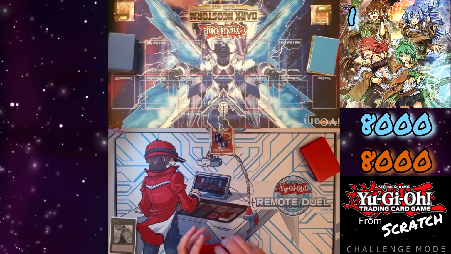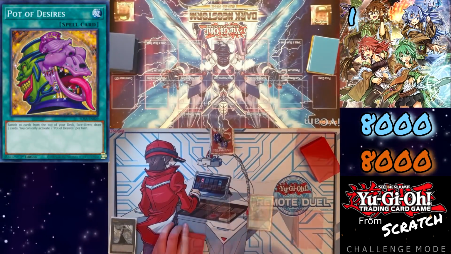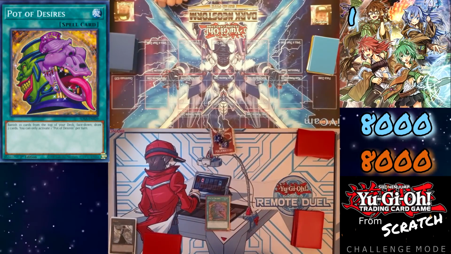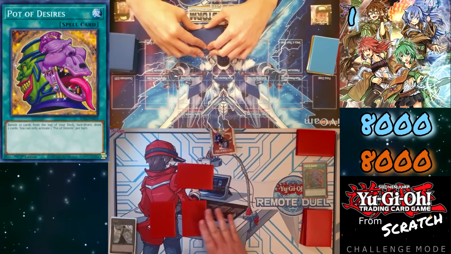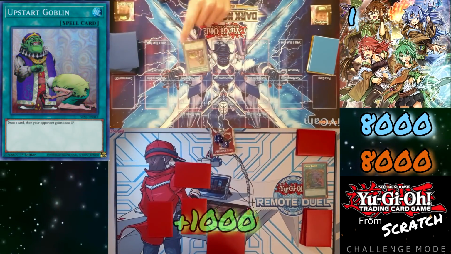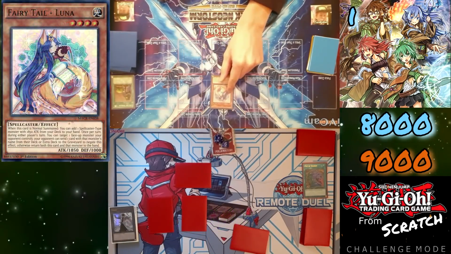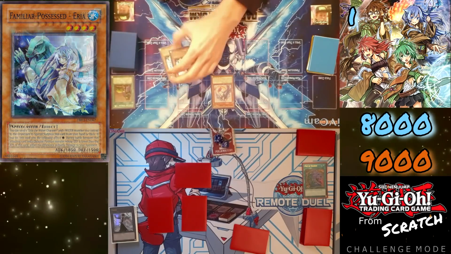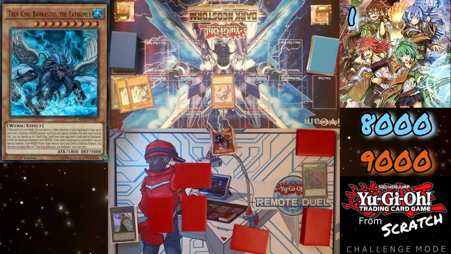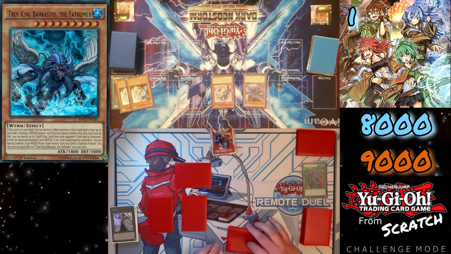Game 2 going first, once again we have a little bit of a better start, being able to fire a Pot of Desires off of the bat. No Ash Blossom, we do get to draw our 2 cards and then proceed to set 1 monster and 2 back row. Starting off his turn with an Upstart Goblin, Paul does happen to have the perfect answer, because after normal summoning a copy of Luna and searching for an Area the Water Charmer, he's able to activate Barastos in hand,